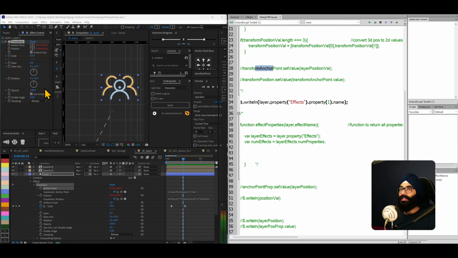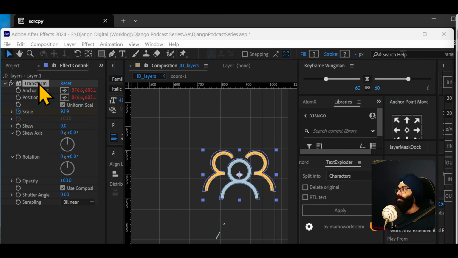So I want to make a function which will return all of these properties to me, and I will just simply have to call, like, position. It will be a global function in my script. I will use that function to call the effects, let's say transform position, and just use that particular property without having to define all of these in every single function that makes use of the properties in the effects that we've got.